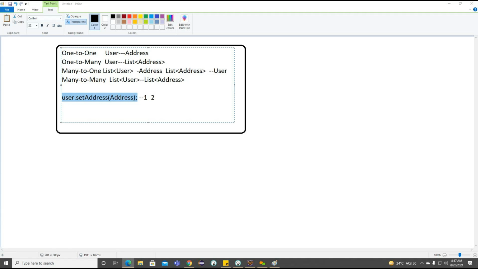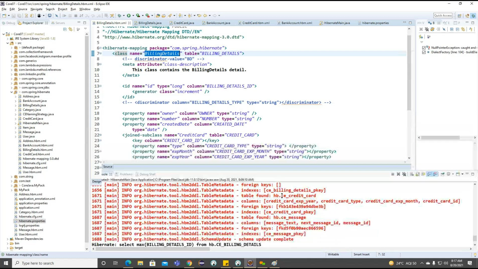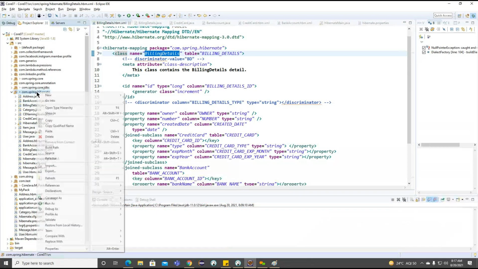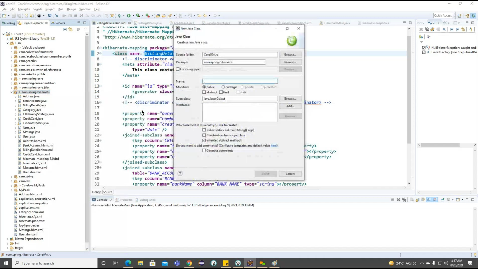Now observe here. Basically, the user is related to the particular address, or the address is related to this particular user. How are we going to understand that? With the help of these IDs only, right? So now we'll try to work on two classes to work on the simple association. Now, if you observe carefully,